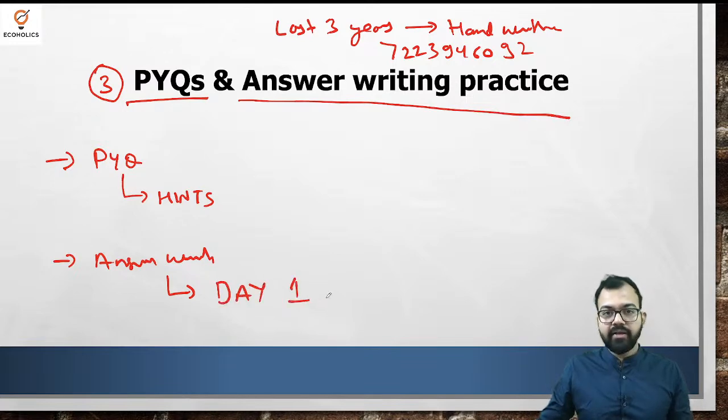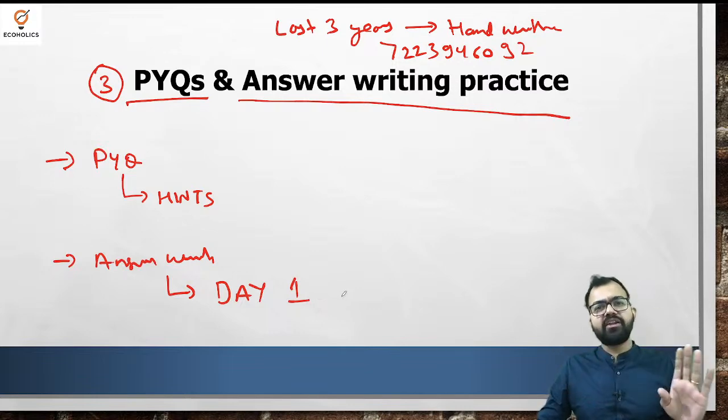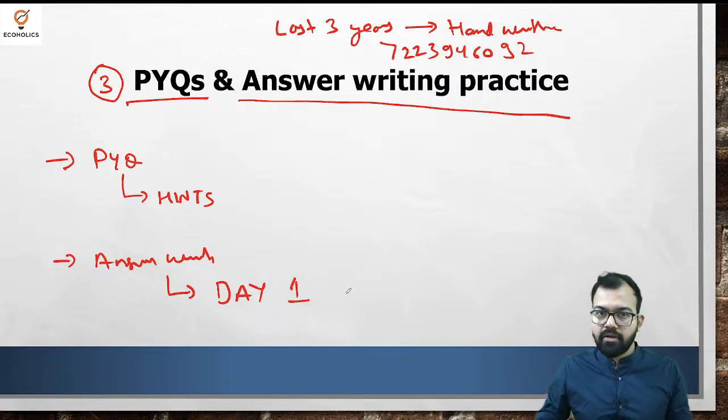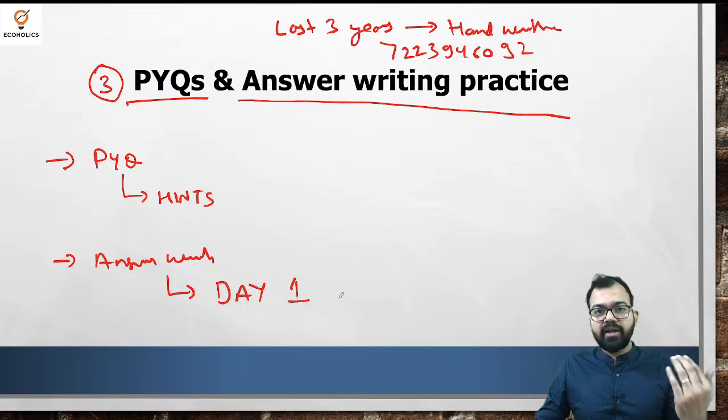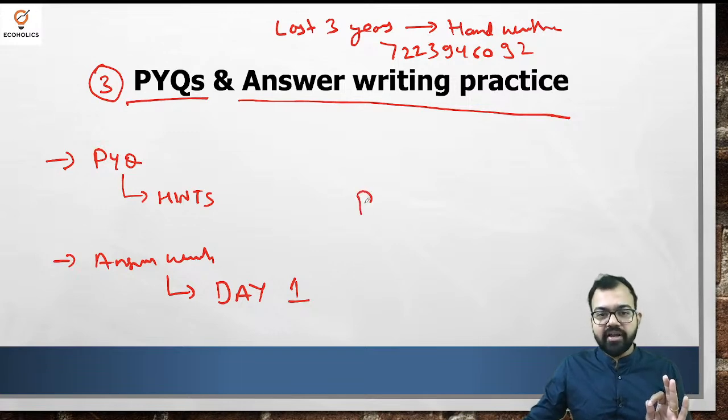Whatever you read, make a simple question by putting what, how, or explain in front of it. Suppose, for example, you have studied inflation as a topic today. Then you write: what do you understand by inflation, what are the types of inflation, and explain demand-pull and cost-push inflation, and then write the answer. That will work as POD, proof of delivery.